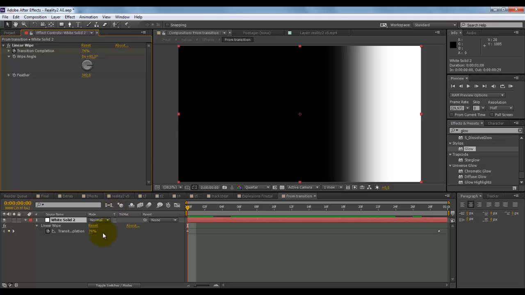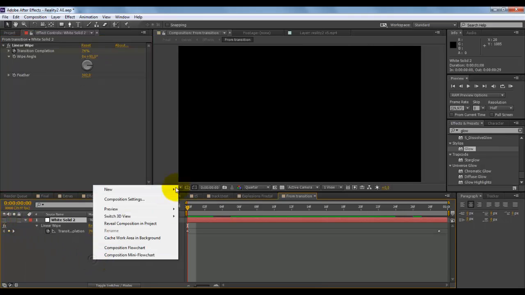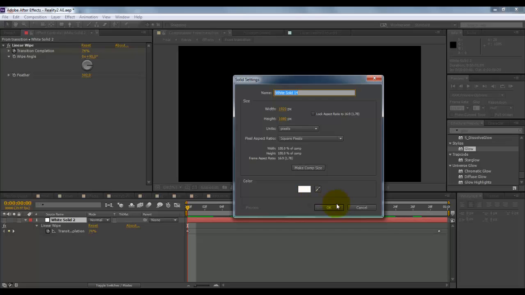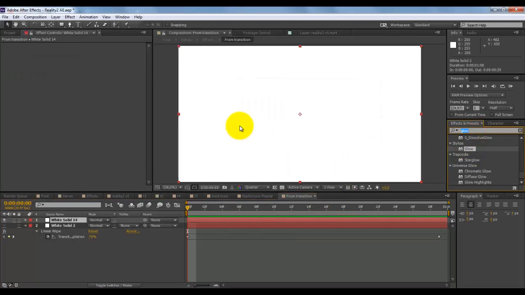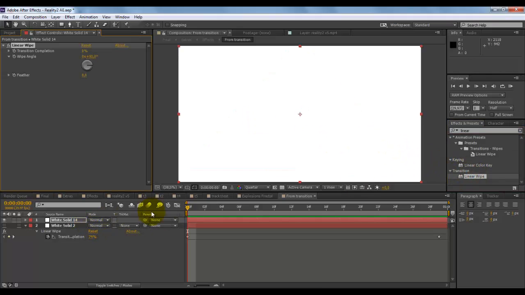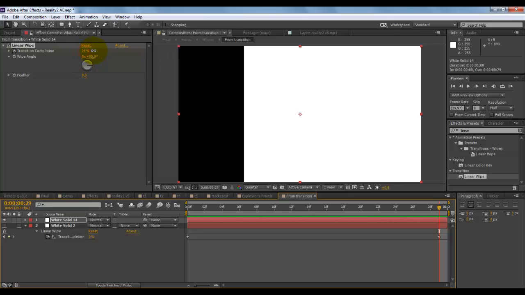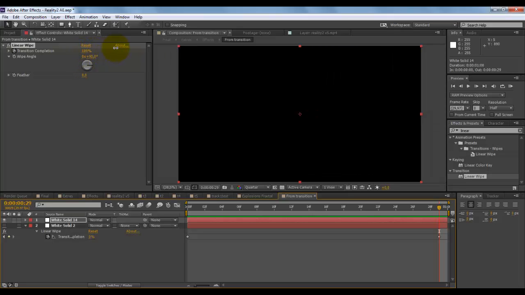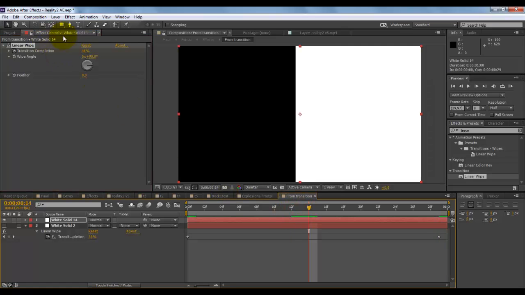You actually want to get a white solid, so I'm just gonna hide this, create a new solid, make it white, and then go search up linear wipe. And that's going to be a little bit harder. You will have to try to guess what you need to do, but basically you need to keyframe the transition completion from here to, let's say, the end. Of course, as you can see, it's only 1 second long, so pretty quick. And do it like this. You actually want a little bit of feather, so it looks